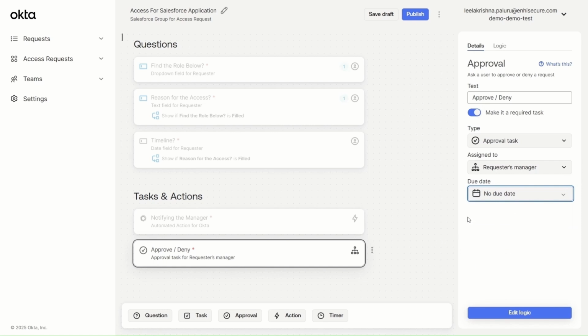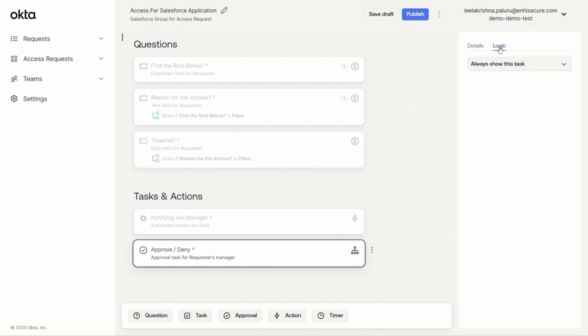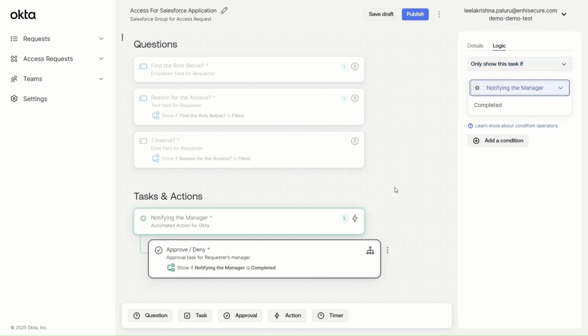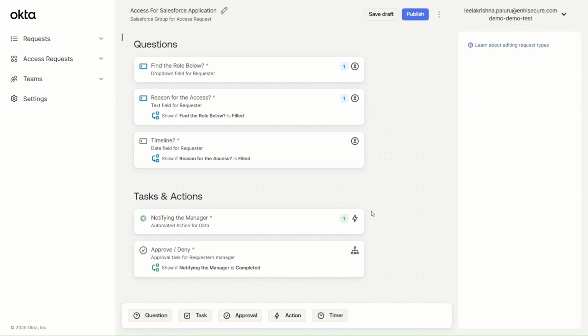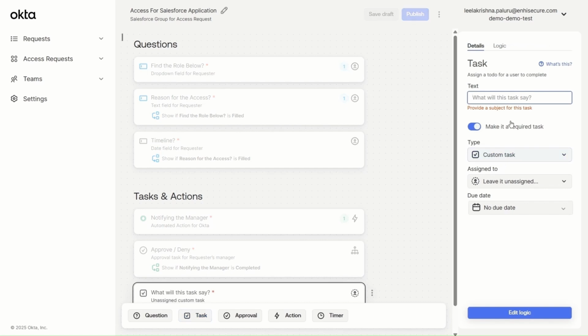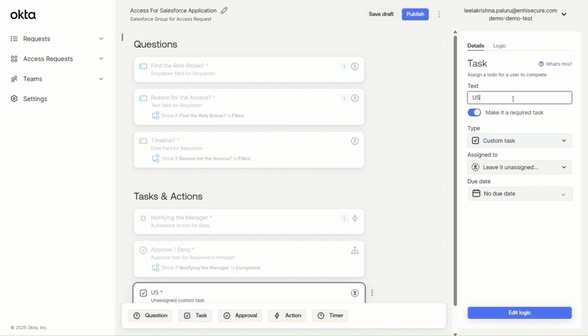So in this date you need to approve that. And the logic will be, once the notification of the manager is done, then we need to ask for approval. So notifying manager is completed, then ask for approve or deny. So what if the manager approves that? Then we need to trigger the workflow user provisioning. So let us add user provisioning,